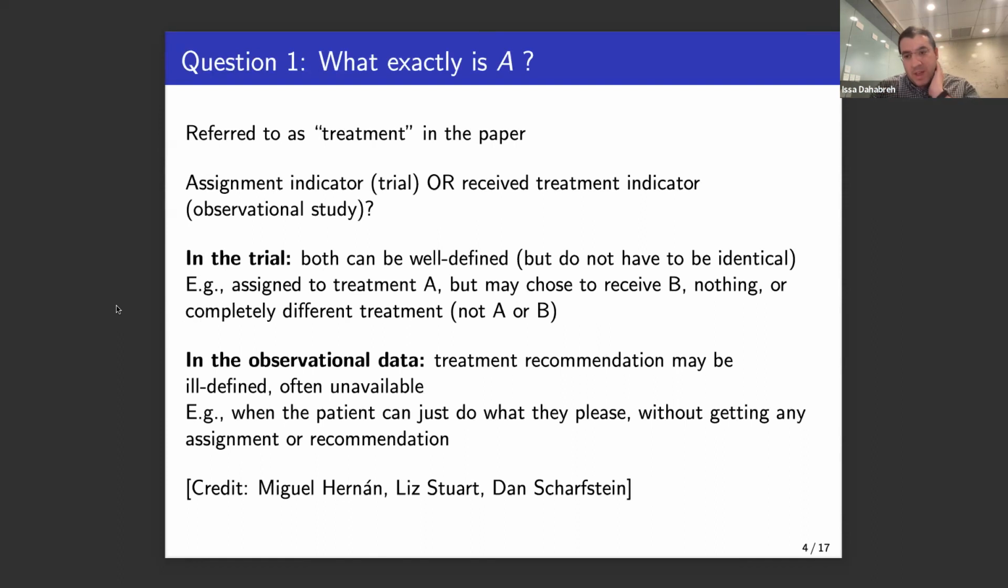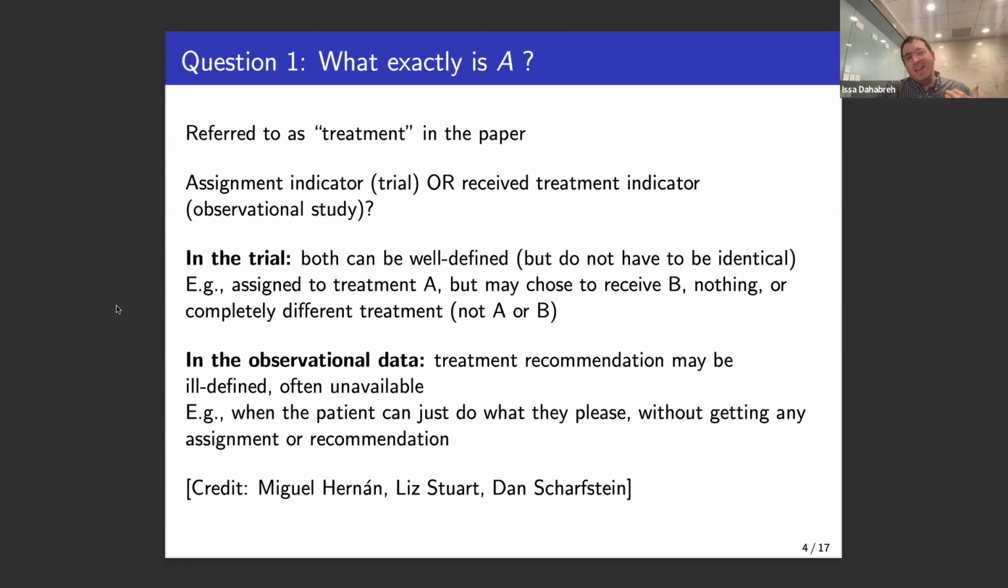Okay, so here's my first question. I don't really know what capital italic A is in this paper. Here's what I mean. It's called treatment in the paper and in the presentation. But is it the assignment indicator in the trial, or is it the received treatment indicator in the observational study? And I claim this is a